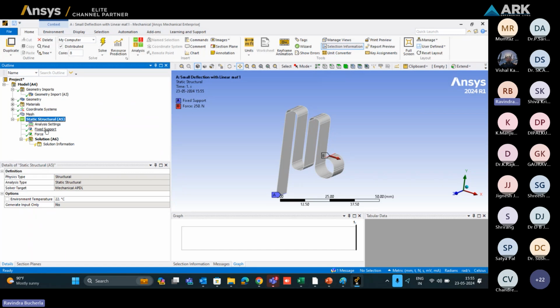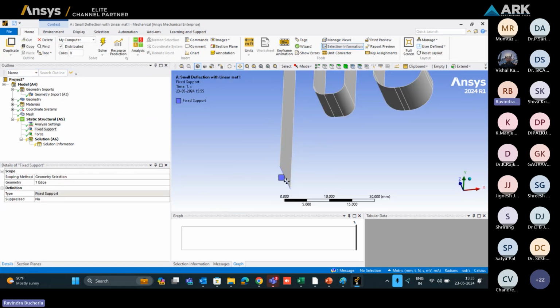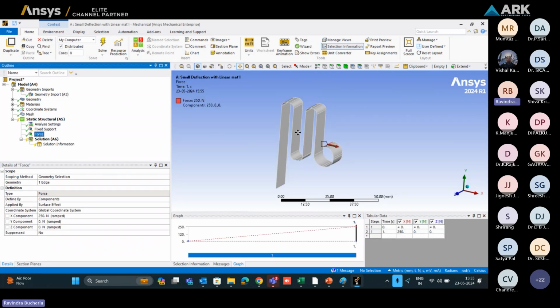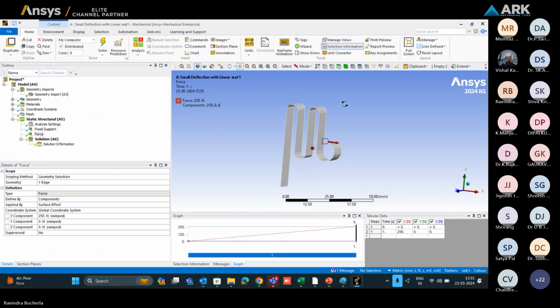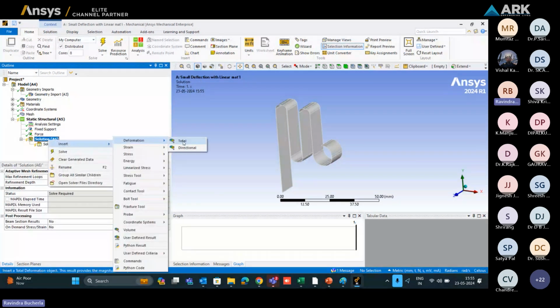So I already applied the fixed support to the bottom edge. On this edge, I applied the fixed support. And on the other edge, I applied a force of 250 newtons. So fixed support and force I applied, and I am considering structural steel as the material. Okay, so after applying, let me insert